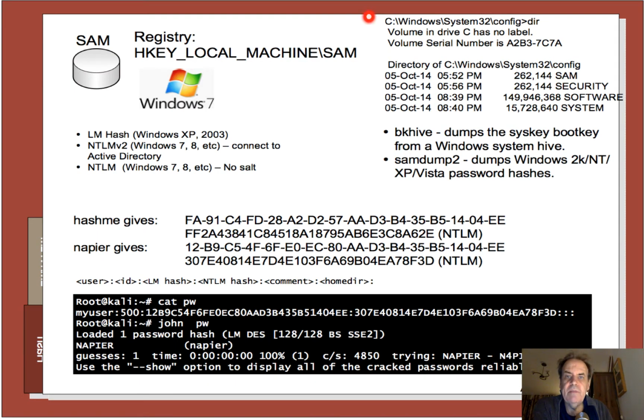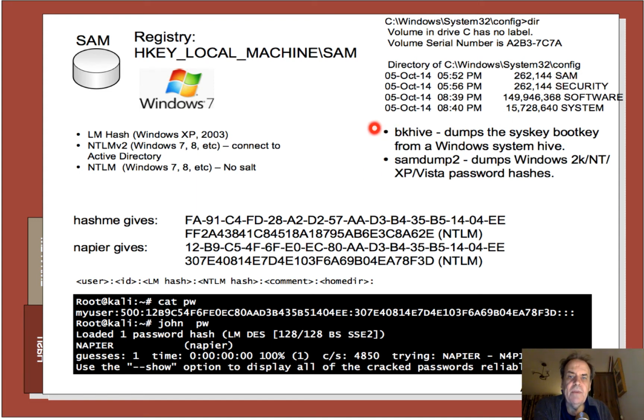Okay, so here is the place that the files are actually stored. So it's possible to boot a machine into a single user mode, and then to be able to copy these files off or to create a copy of them. So we can see here there's the SAM there,